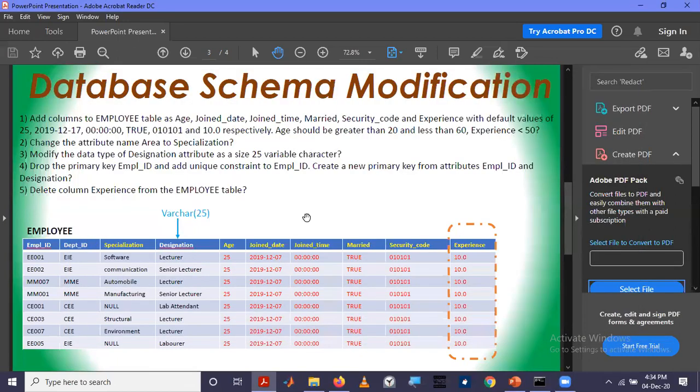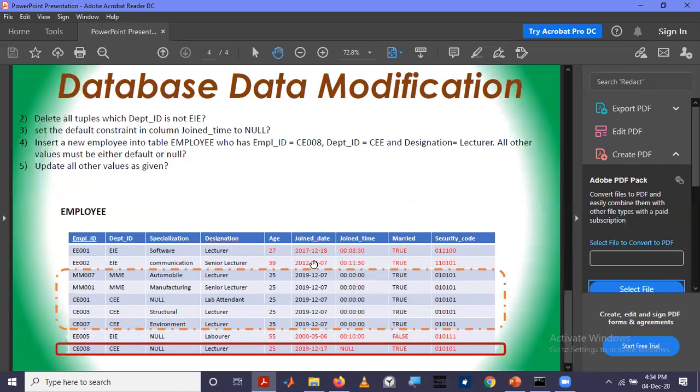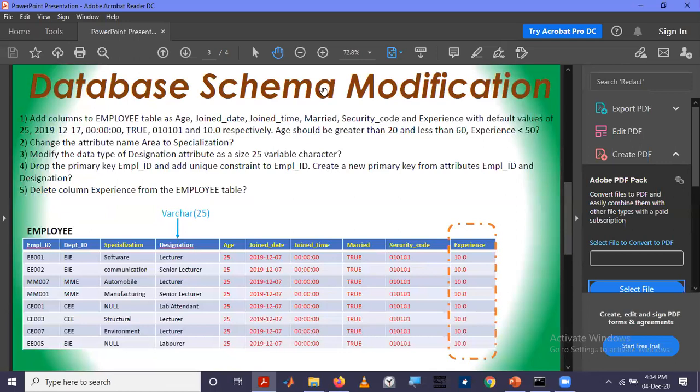Okay, so we modified a table structure. That is how we modify the table structure. Then that is schema modification, right?